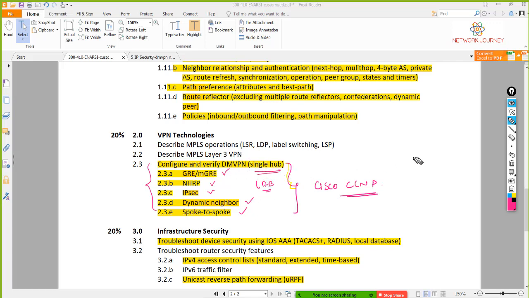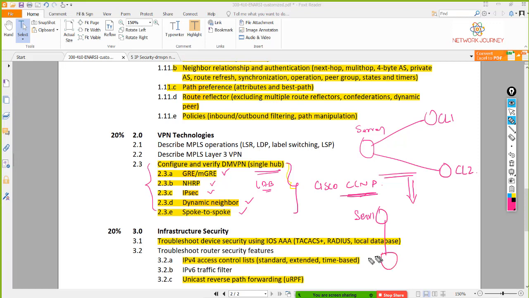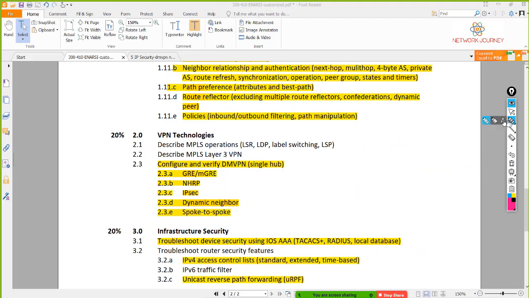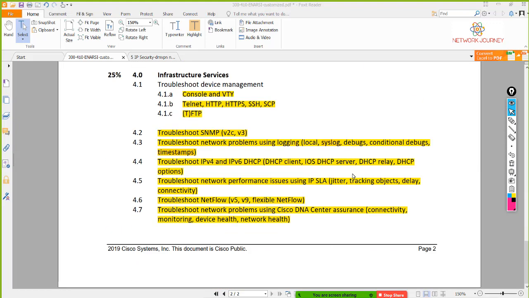Okay, and it's just a single hub, in the sense, if I say I have a single server which connects to multiple clients, let's say client 1 and client 2. This is the one which Cisco wants you guys to know. But we can also place two servers, server 1 and server 2, and this connects to client 1, client 2, and similarly this connects to client 1 and client 2 for a redundancy basis, which we don't have at the CCNP level.